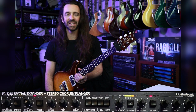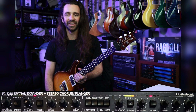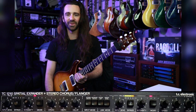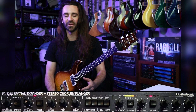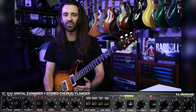Today is a particularly glorious day here because I have a TC Electronic 1210 spatial expander and stereo chorus flanger. A massive thank you to Verley at Past Effects for loaning me their 1210 to make some noise with. Essentially, the 1210 is two separate modulation engines in one rack mount unit that you can combine and morph in